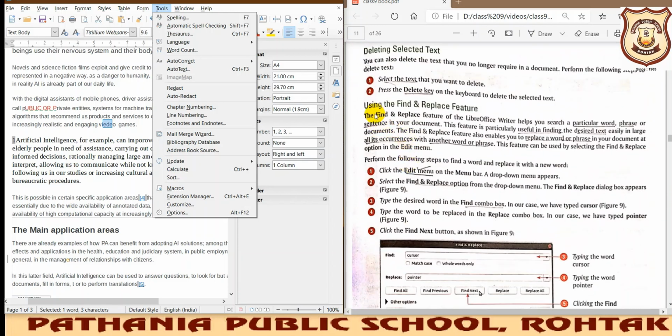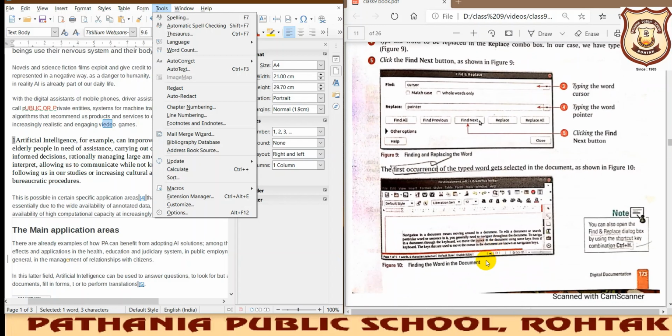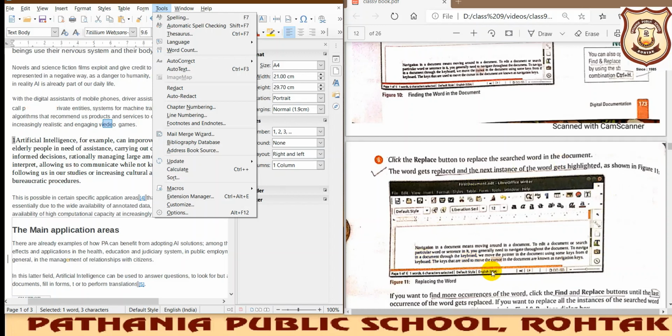Firstly, you will write about the find and replace feature. In the introduction you will write what we are using this find and replace feature for, and what important things have been written inside this paragraph. You will be writing that in your notebook, and after that you will write how to achieve it. For that you will write edit menu, click on edit menu, then an arrow, and then find and replace button. Otherwise also, if a second option is given for the same, then you will write that also. No need to draw these diagrams. Wherever you are seeing diagrams in your book, they should not be drawn. Just you need to write.